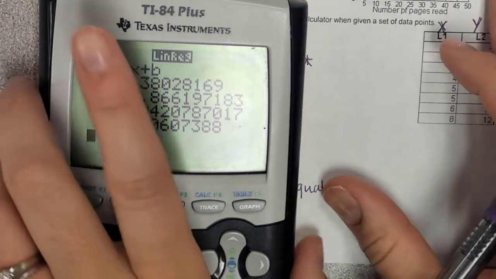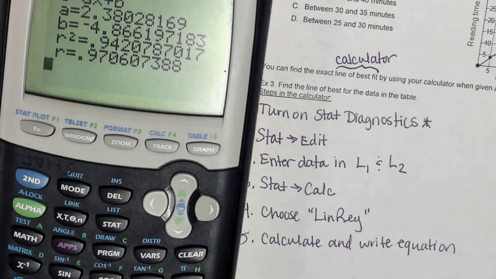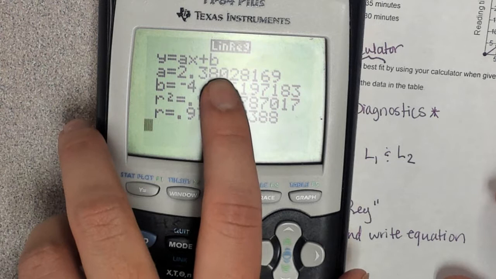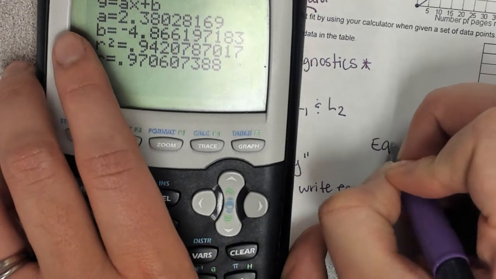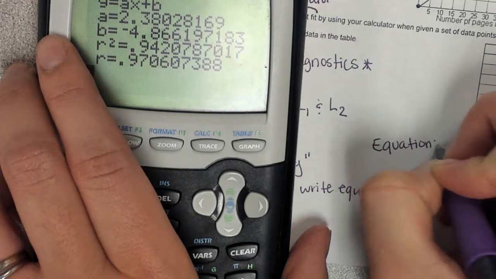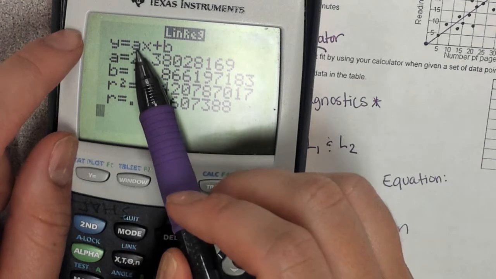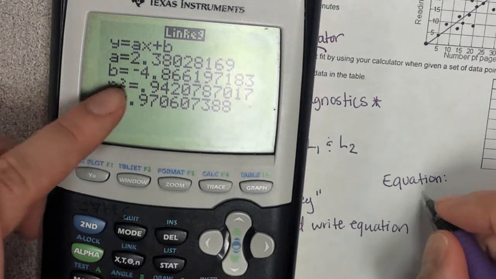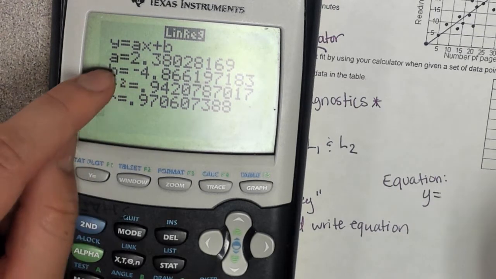Okay, if the problem does not tell you how to round, and it doesn't say round to the nearest hundredth or whatever, the default that we're going to use is round to 3 decimal places. Okay, so if it doesn't tell us, that's how we're going to round. So we're now going to write our equation. And they're giving it to us in slope-intercept form. They just use an A instead of an M. Okay? But our equation is y equals A, which is